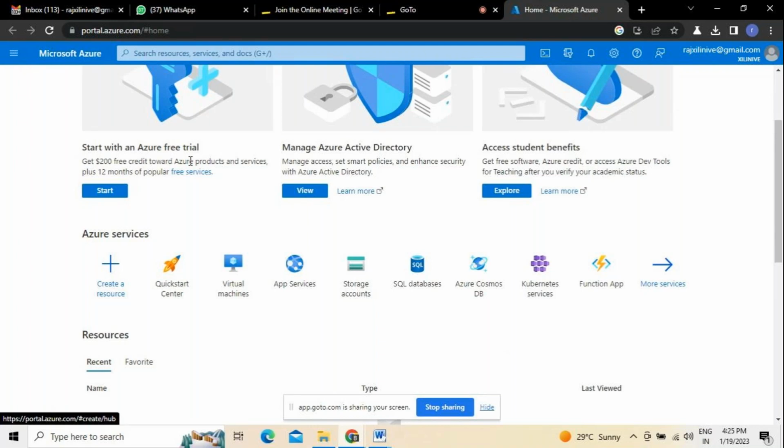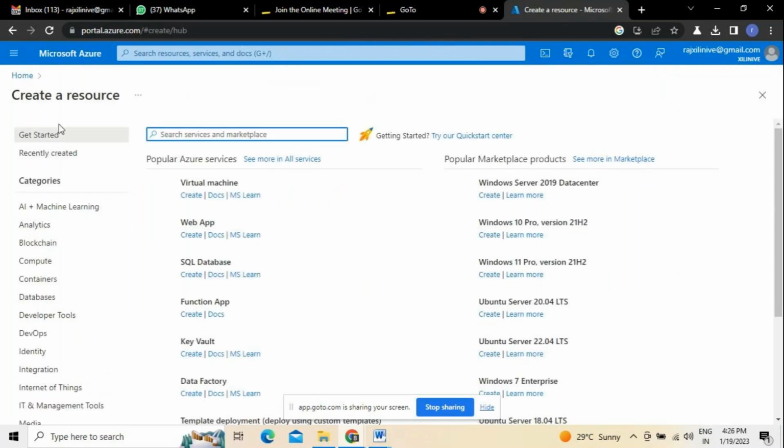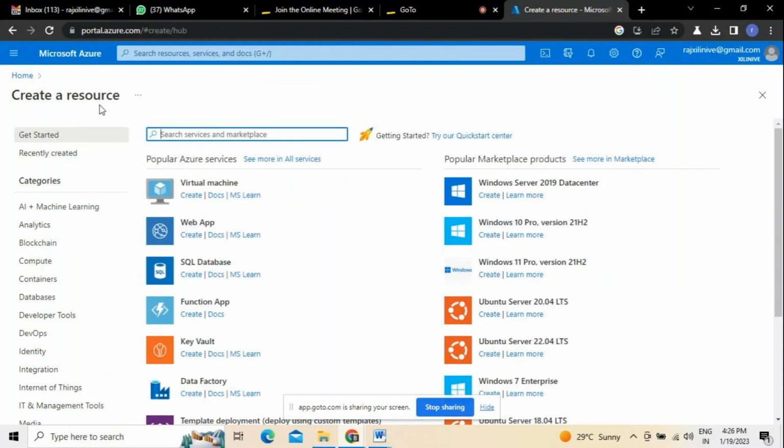Now, if you want to create any kind of resources, here we have an option where we can create a resource. This resource we have to select here. This is how resources are generally created. Do remember, how to create the resource is what we need to know. You can create virtual machine resources here. At the same time, we can connect with different data factories, or if you are connecting any web applications, all this can be used here. That's what it is generally used for.